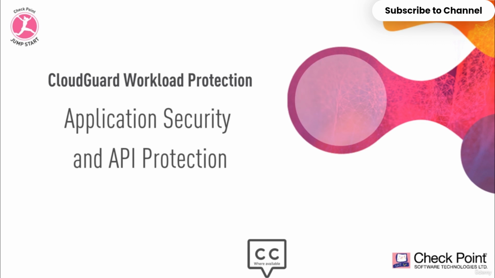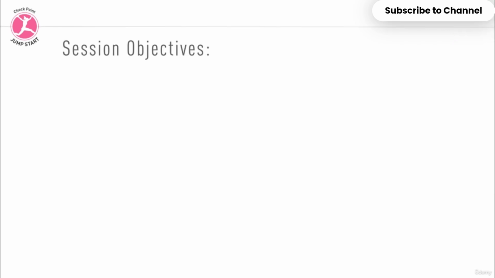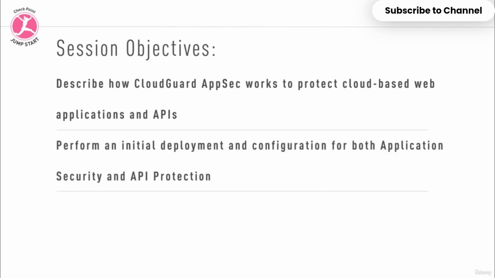Welcome to the session on CloudGuard AppSec. In this session, we'll take a deeper look at CloudGuard AppSec and how it is deployed. By the end of this session, you will be able to describe how CloudGuard AppSec works to protect cloud-based web applications and APIs, and you'll be able to perform an initial deployment and configuration for both application security and API